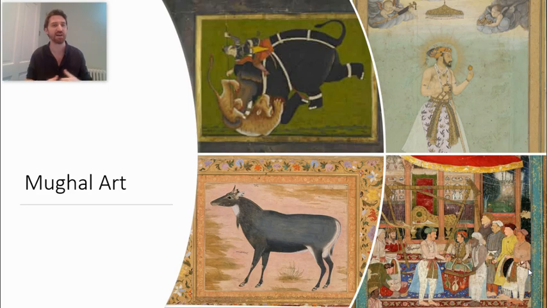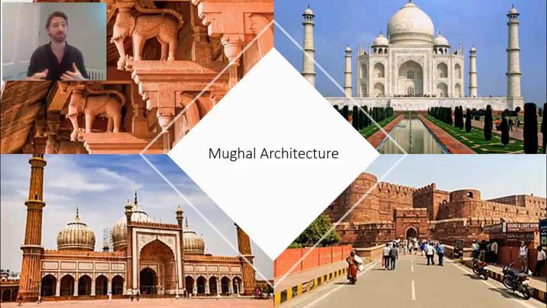So the look of art and literature changes drastically under Akbar. But also the physical landscape of India changes through its architecture. And what you might think of when you think of Indian architecture really stems from the Mughal Empire, as in white marble used for these elaborate palaces, domed tops to buildings, and towers on the corners of walls.